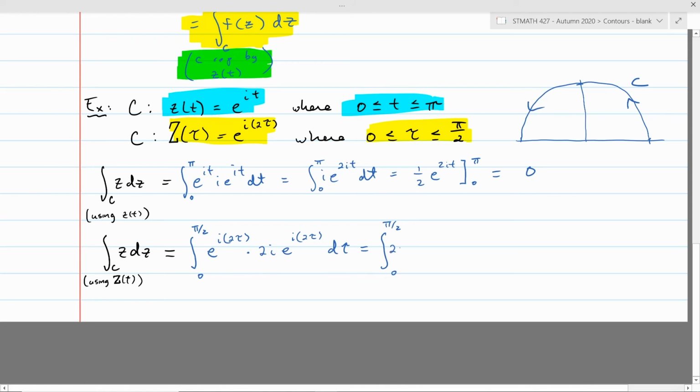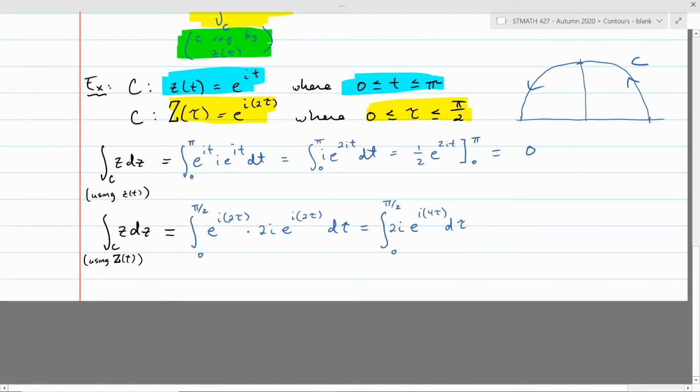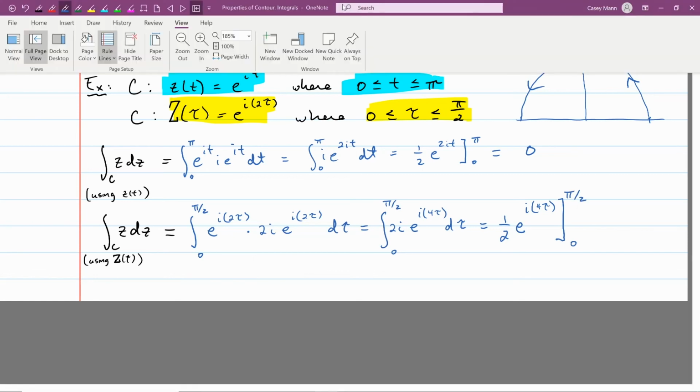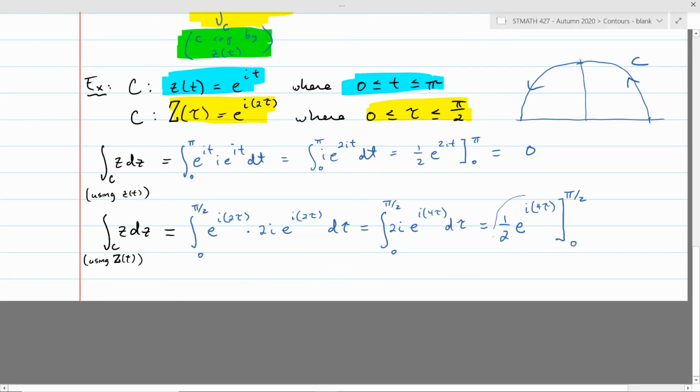You've got constant 2i, and then e to the i times 4 tau when you add those exponents, d tau. And then you can do the same sort of thing, like what's an antiderivative of 2i times e to the i 4 tau? Well, that would be 1/2 e to the i times 4 tau, evaluated from 0 to pi over 2 this time. So just check that when you take this expression right here and you differentiate it,